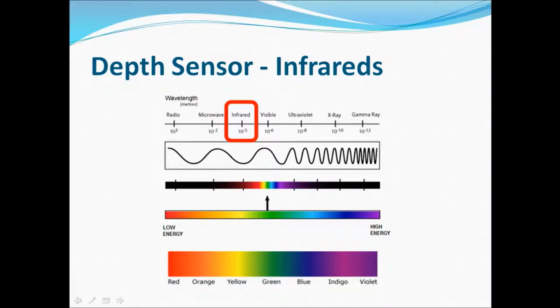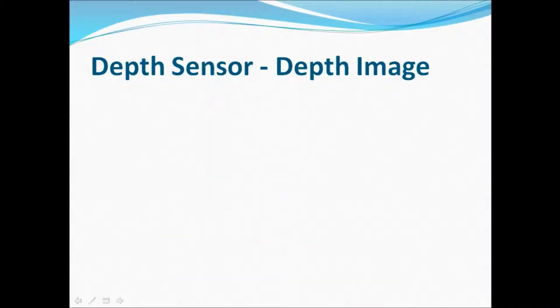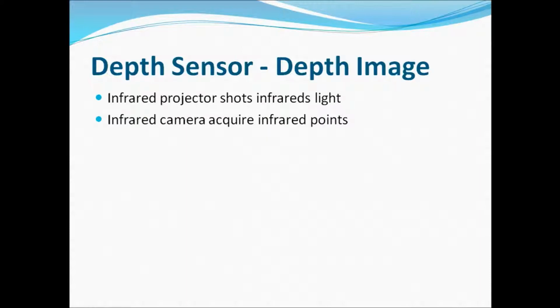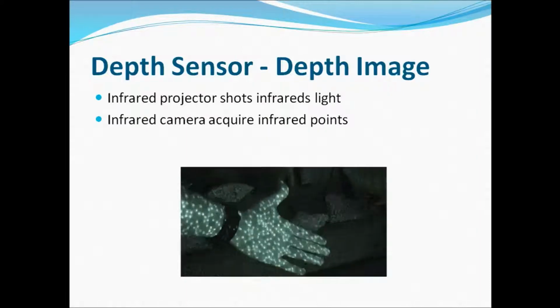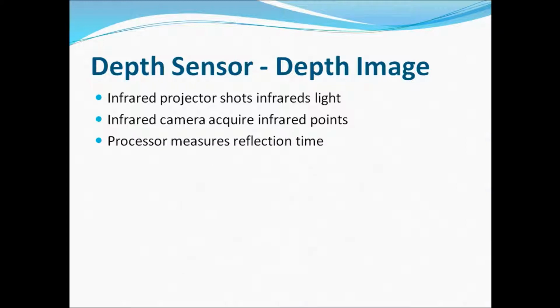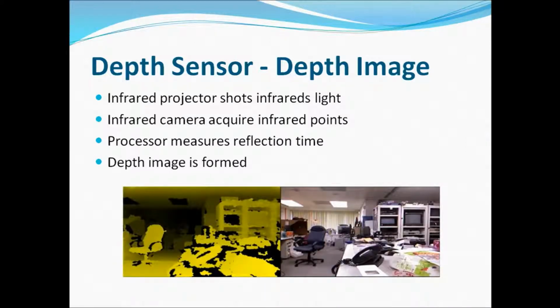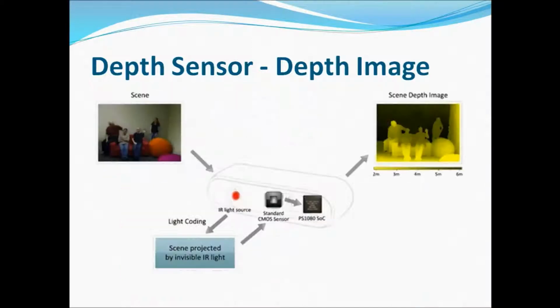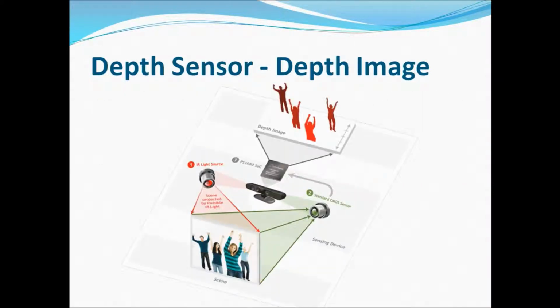Kinect can see these infrareds with an infrared camera. Kinect shoots a beam of infrared light in an area of 6 square meters. After this, the microprocessor measures how long it takes to reflect from the objects in the scene and return to the infrared camera. With these measurements, the layout of the surrounding space is reconstructed, obtaining a so-called depth image. This picture shows with different tones of color where the objects are and at which distance. This type of image will be treated by the processor for the body and movement recognition. The depth image is computed 30 times per second.